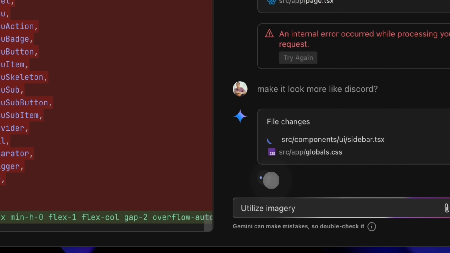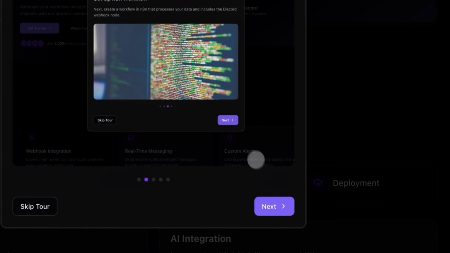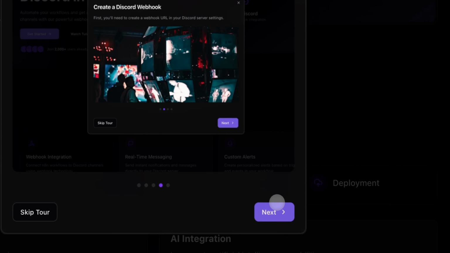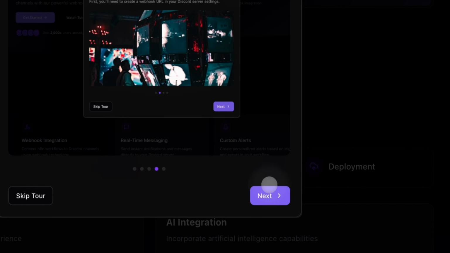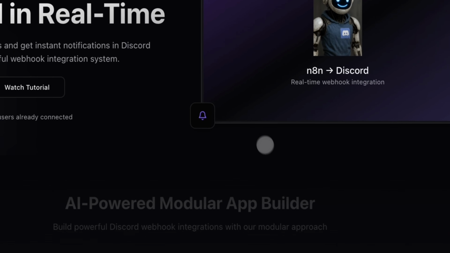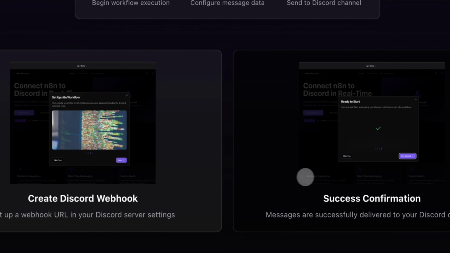And here we are. Look at that. Boom. And there's the create webhook. So it's doing something. We'll wait for it to finish loading. As you can see, my intro now has those cool pictures, and you see the pictures loading on the site. So these are the pictures we just made in ChatGPT. And as you can see, there's my bots and the website.